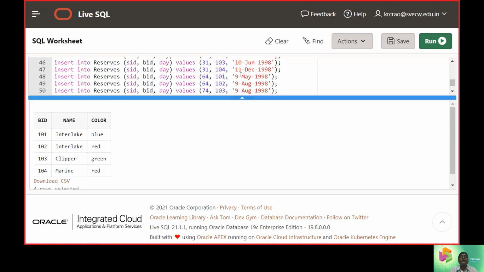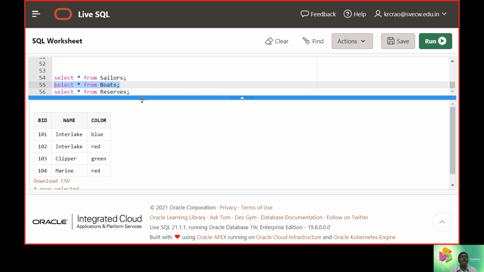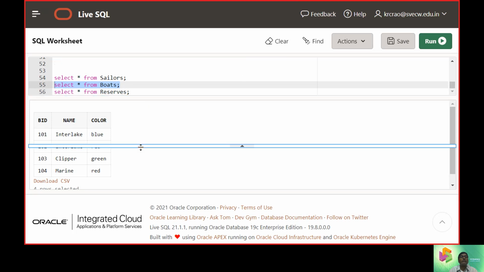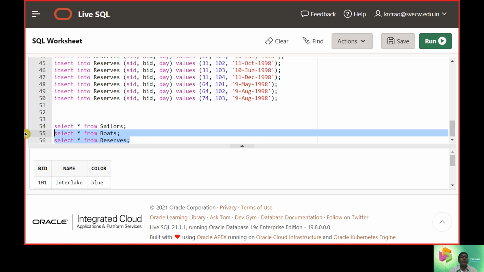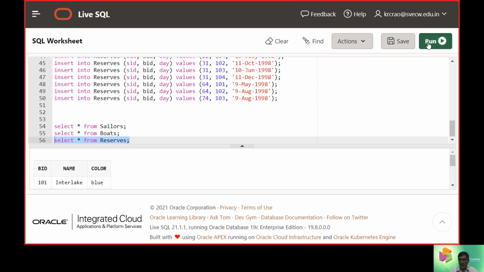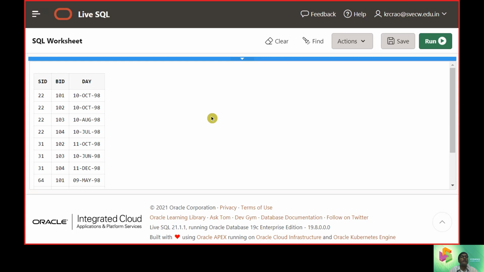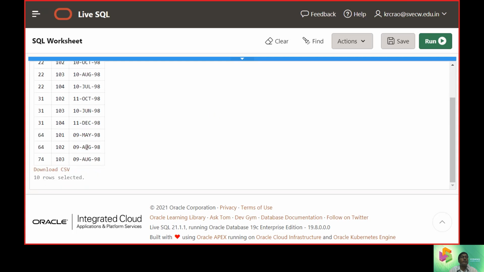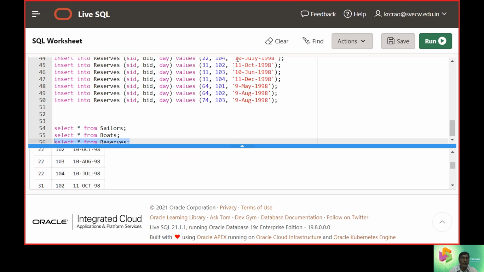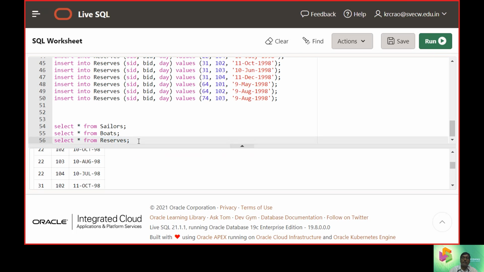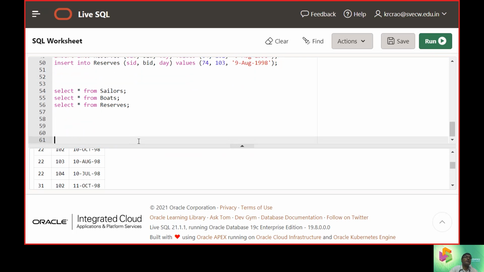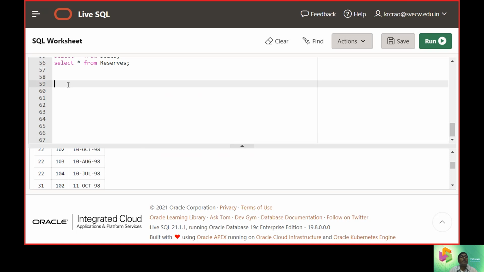Then the third one, using the Reserves database, again we can see 10 rows were inserted. This pre-compilation process before we execute any type of query is mandatory.